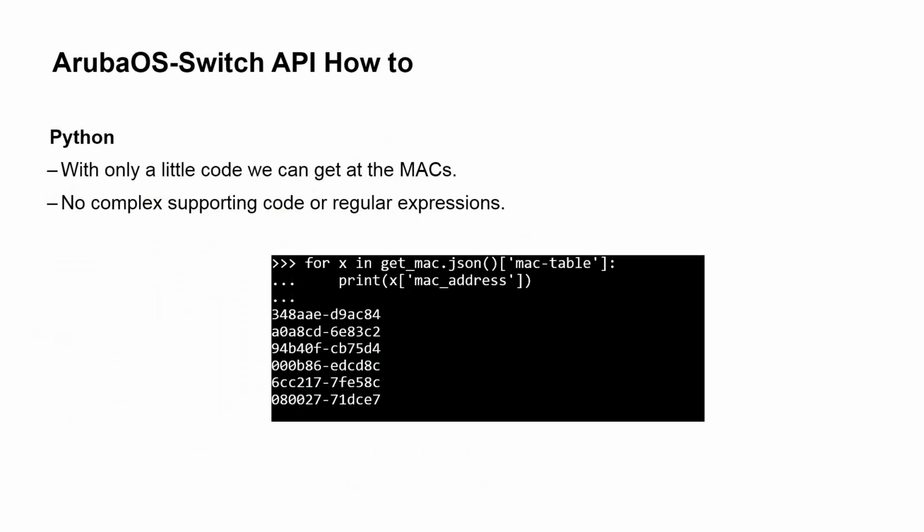And what I'm sure you can appreciate is that there's no complex supporting code, there are no regular expressions in here. If you had another operating system that had a REST API with a very similar structure to this, you could grab the MAC addresses off of that one and the other operating system and not have to rewrite all of those templates, all of that parsing code. This is good stuff. This is the big difference that's happening within networking nowadays. It's REST APIs on your network devices. That's what you need.